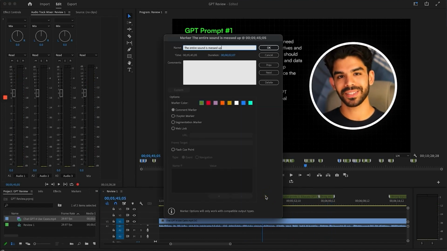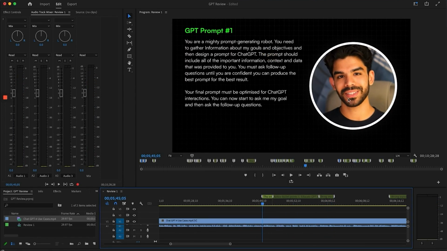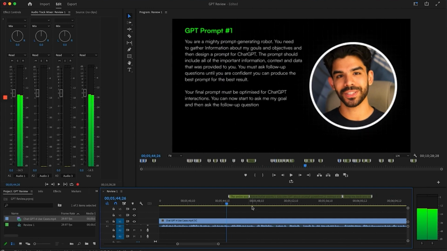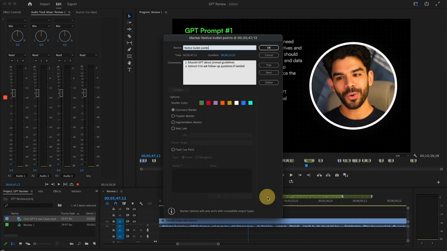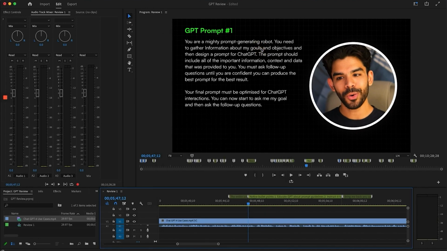ये वो गलती नहीं है, यहाँ पे एक्चुअली मेरा पूरा का पूरा साउंड ही ब्रेक हो गया, आवाज का। मैं कुछ और बोल रहा हूँ और आवाज ही कुछ और आ रही है, सो प्लीज इसको फिक्स कर देना। जब मैं नोटिस बोलना शुरू करता हूँ तो इसमें ये 2 बुलेट पॉइंट्स हैं। तो एजुकेट जीपीटी अबाउट प्रॉम्प्ट गाइडलाइंस, इसके